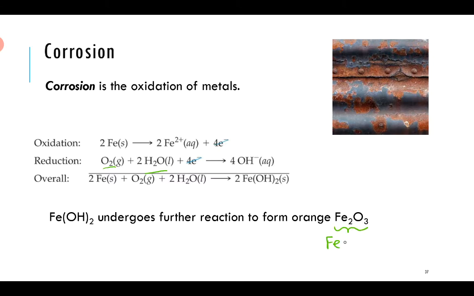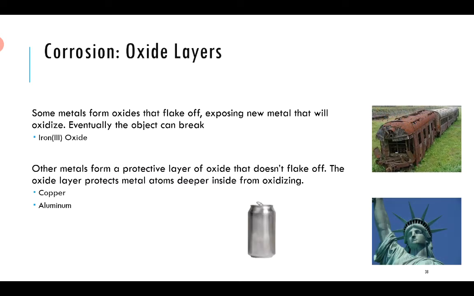So that's iron, and that's a 3 plus charge. And then you have 2 of them, and then oxygen is 2 minus. So you go from being iron 2 plus to iron 3 plus before you get this orange color. And so all the orange spots on here are that iron. It's named iron 3 oxide because the 3 in the name refers to the charge. So iron oxide, the iron 3 oxide, the